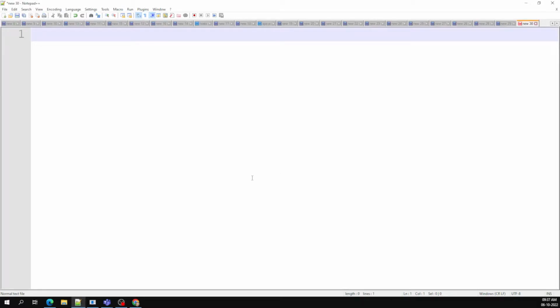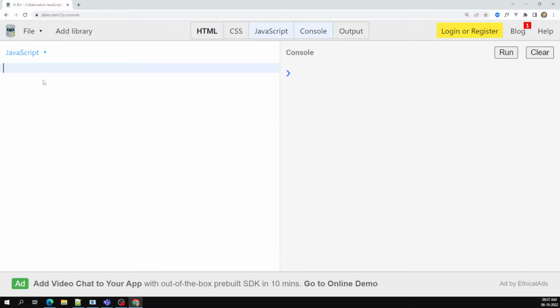So the first concept which I want to tell you is the variable declaration. Now in our JavaScript, so how have we declared the variable? Let me try to show you. Now here in the JavaScript, the variable declaration we have done using var name is equal to Leela,